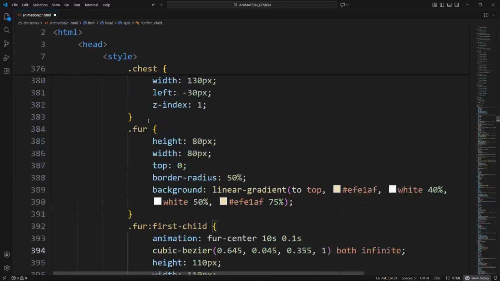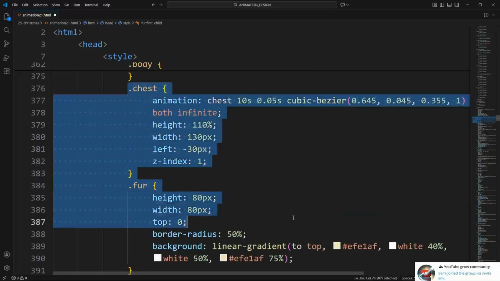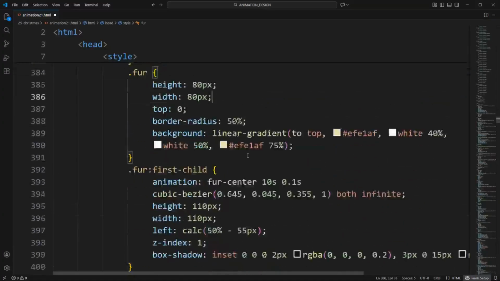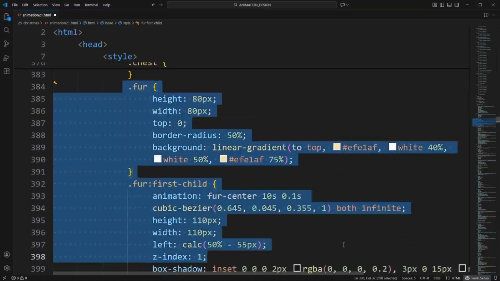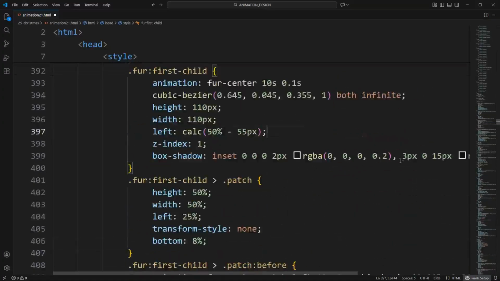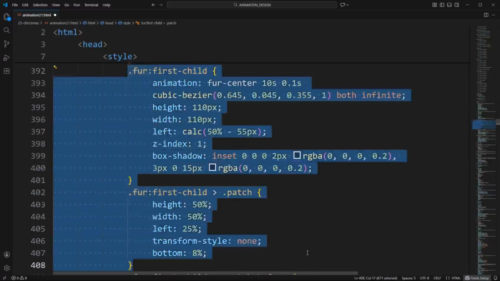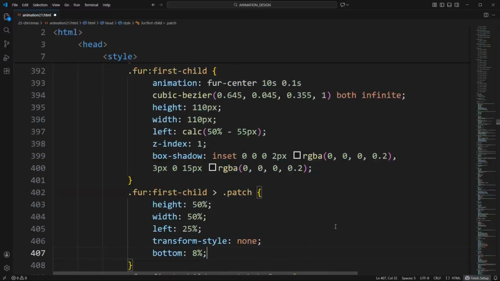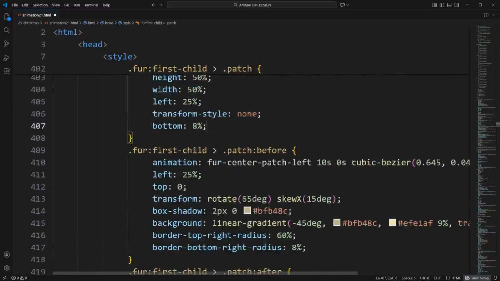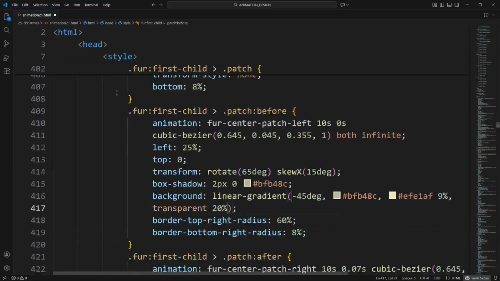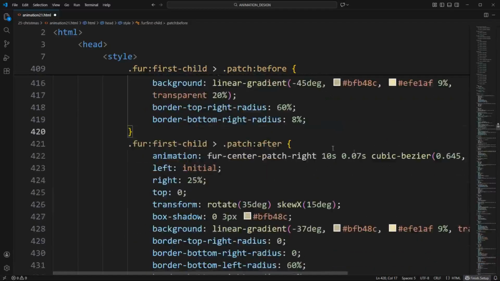The legs are grouped inside .legs and consist of outer leg elements and inner leg sections that rotate around defined origins to suggest stepping or shifting weight, while paw details are created using layered gradients that imply toes and shading without explicit shapes, and animation delays stagger the motion so front and back legs feel offset and natural. The overall page layout uses Flexbox on the HTML body selector to center the Eevee and